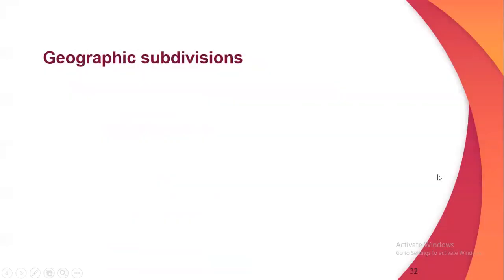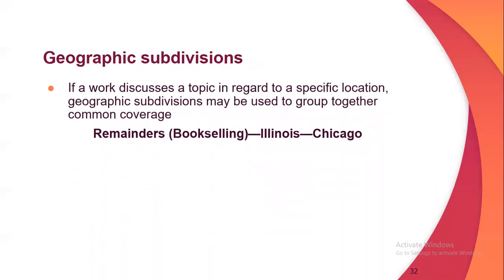Next is the geographic subdivision. If a work discusses a topic in regard to a specific location, geographic subdivision may be used to group together the common coverage. So geographic subdivision may represent where something is located or where it is formed, depending on the topic. For example, the headings